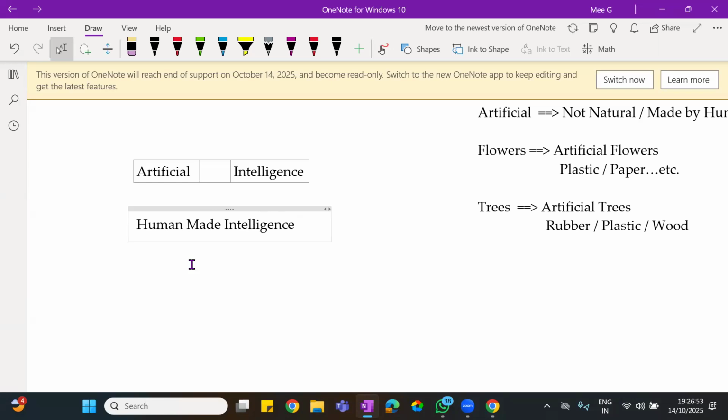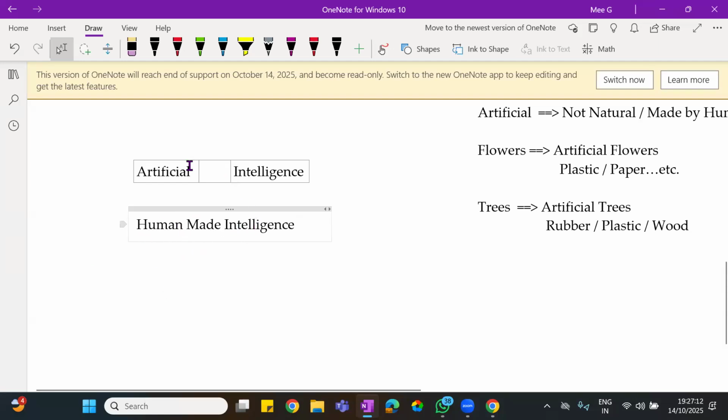Intelligence. In simple terms, that is what you can consider artificial intelligence: intelligence made by humans, created by humans. Okay. Now, first thing is,